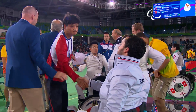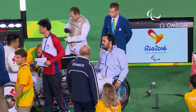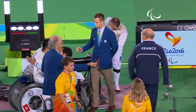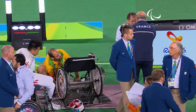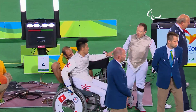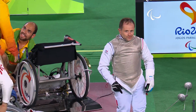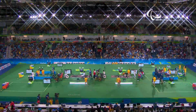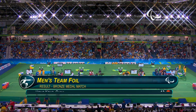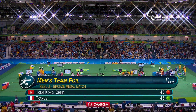TOKATLIAN just kept his cool in the end. France win the bronze medal. Well, a party atmosphere in the Carioca Arena 3 for the French, and that's going to be led by Damien TOKATLIAN. He really had everybody on the edge of his seat. A victory by 2 points, but nobody will remember